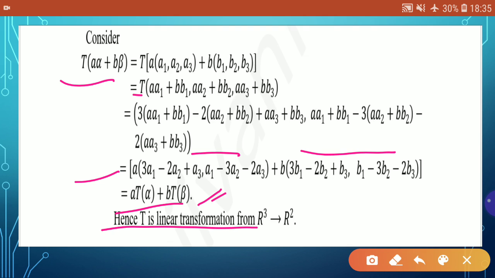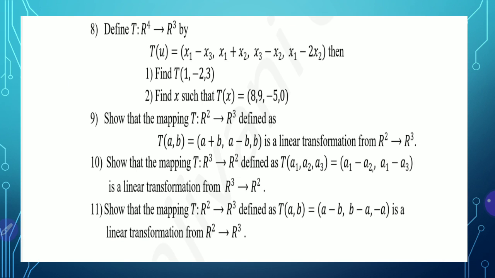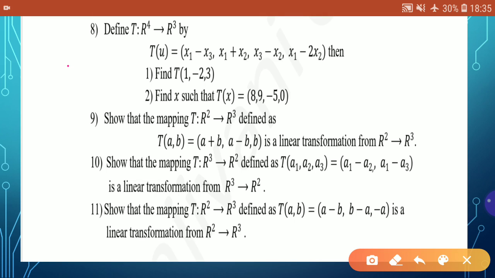Try to understand these calculations. If you have any doubt, you can write in the comment box. A few examples I am going to leave for you for practice, based on the definition and on the example we have solved just now. In the first example, T of u is defined as this. Calculate the image of this element and the pre-image. For the pre-image, you need to do the calculation of a non-homogeneous system carefully.